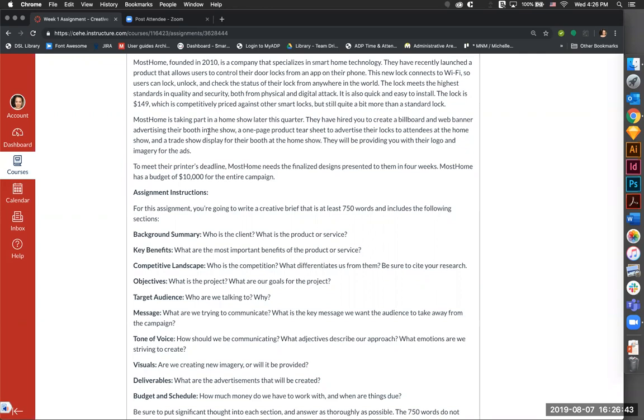So I think I want to go to this trade show and learn more about Most Home and their smart locks. I get to the trade show and then I have to find their booth. Once I find their booth, then I really want to make sure that I learn about their smart lock. So that's kind of when we think about the goals of what we're designing, that's kind of the flow that